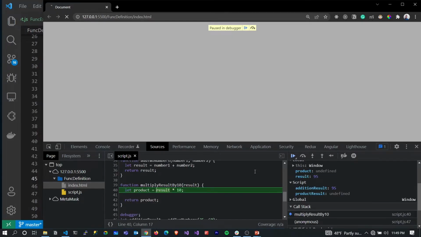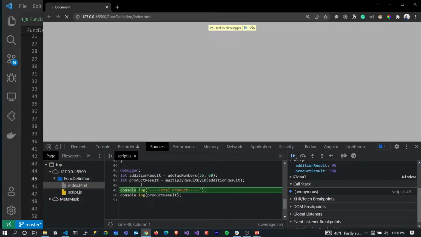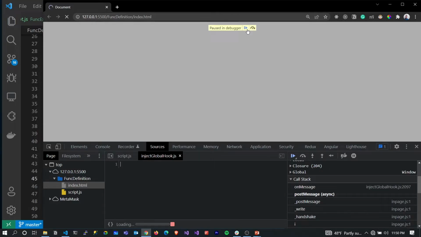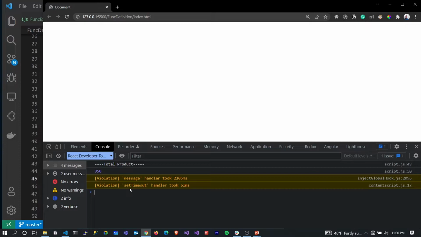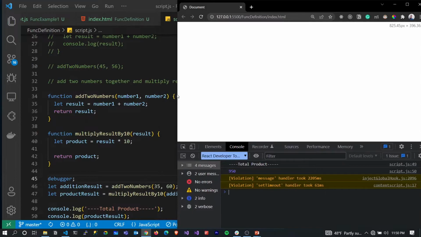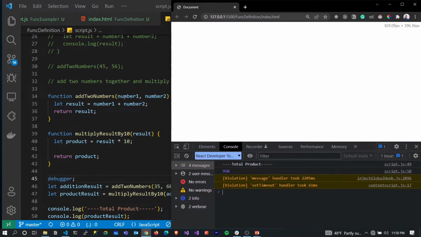The same thing happens to the next function. It passes the variable into the parameter, which is 95, and it multiplies it by 10 and passes the results down into the product result variable. And then we have our results printed, and that's all. So basically that is how JavaScript behaves when it comes to passing of arguments, working with parameters,